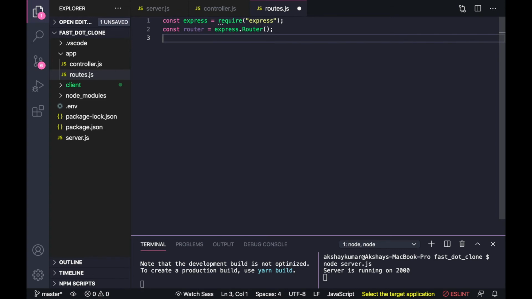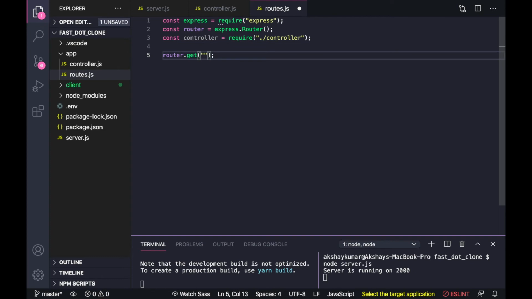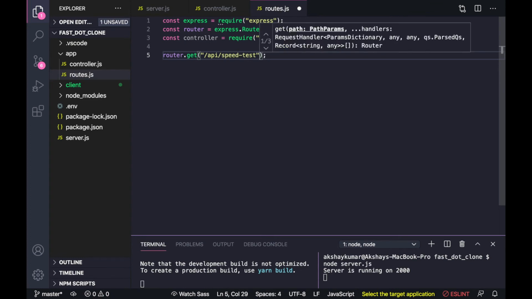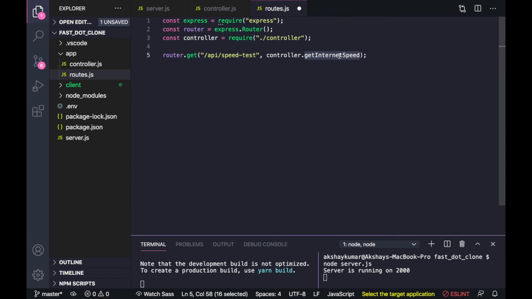After this, we will require the controller. Router.get. Inside this, we will write our API/speedtest. Then we will pass the controller function. This function doesn't exist right now, but we will write it in some time. After this, we will just write module.exports equal to router.